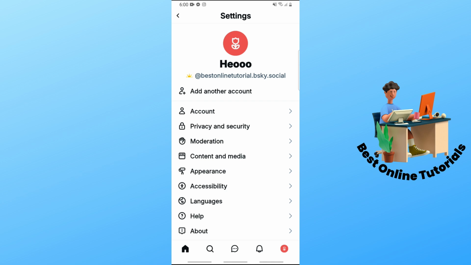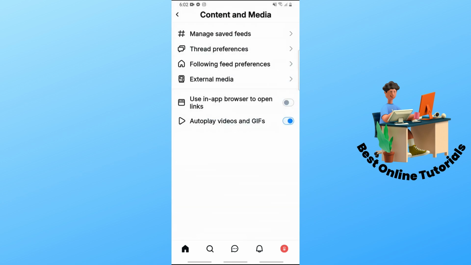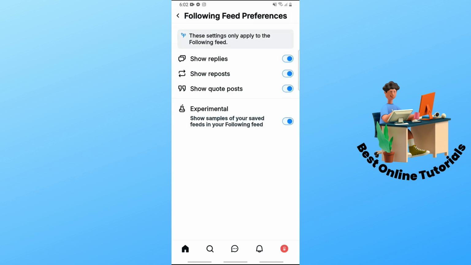And just simply go ahead and go to the settings. And now from here, guys, go to content and media. From here, tap on following feed preferences. And down below, you should be able to see experimental. So guys, as you can see, show samples of your saved feeds in your following feed. So just make sure to turn this off